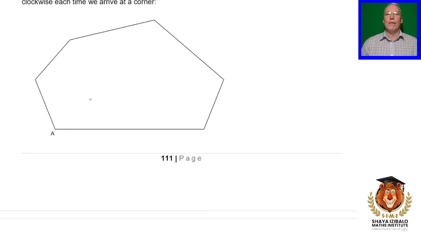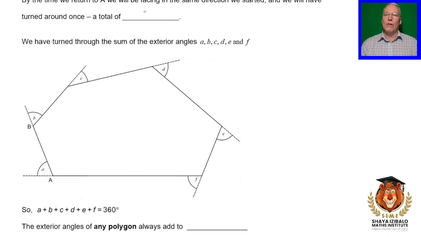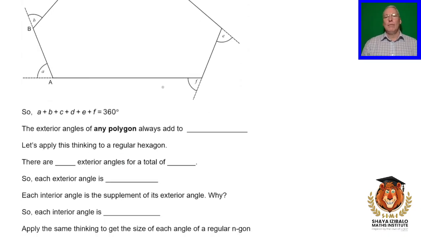There's another way of thinking about this, right? If we walked the whole way around a shape, turning in the same direction each time. So in other words, we walked here and then we turned to our left and then turned to our left and turned to our left. When we've walked right the whole way around, we'd be facing in the same direction that we started in. So we will have turned around 360 degrees. So for any polygon, any multi-sided shape, when we walk around it, the exterior angles,